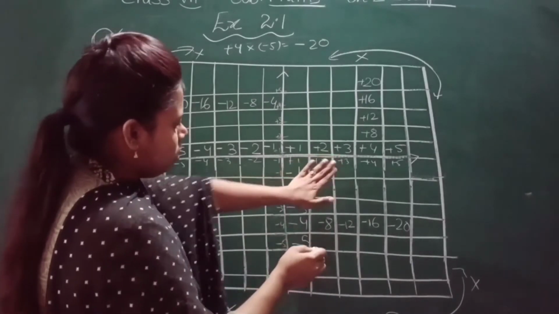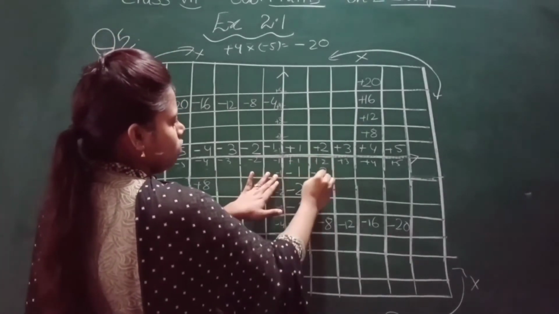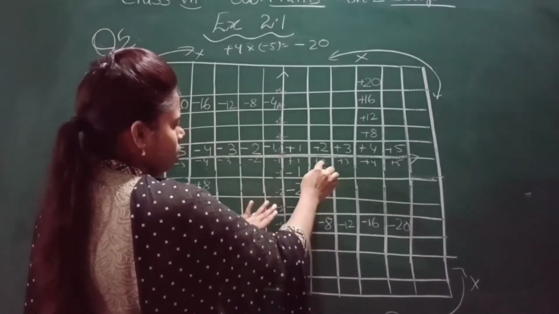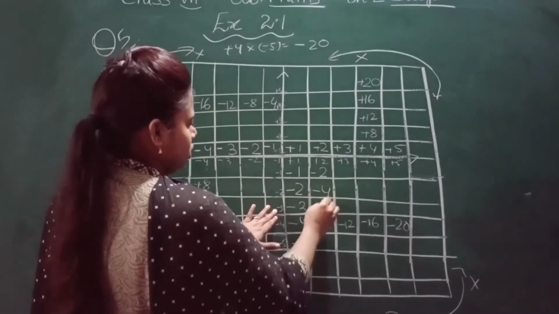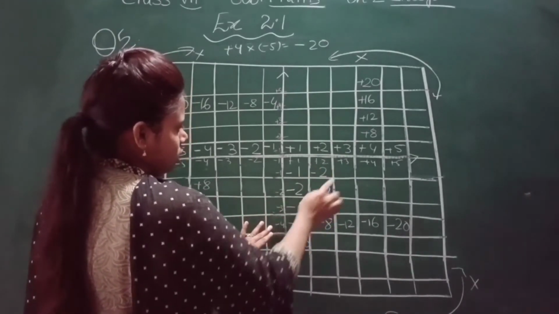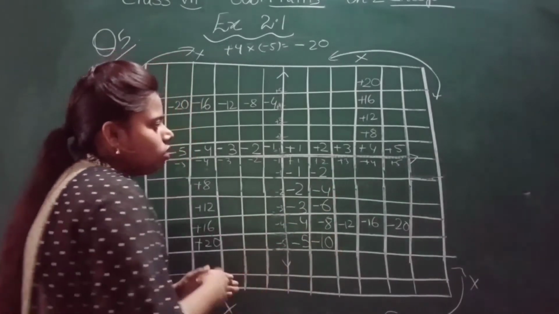Okay, you have to multiply this into this. Plus minus minus. 2 1 ja 2. Plus minus minus, 2 2 ja 4. Plus minus minus, 2 3 ja 6. Okay, already it is made. Plus minus minus, 2 4 is 8. Plus minus minus, 2 5 is 10. Okay, so see, I filled this one.